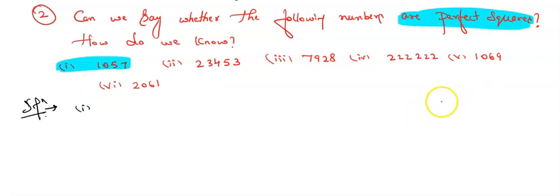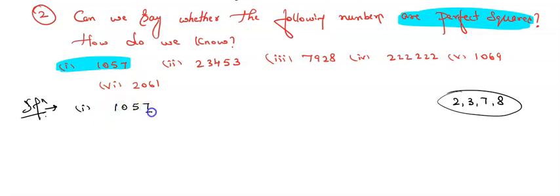Already we have seen that numbers ending with 2, 3, 7 or 8 are not perfect squares. As you can see here, 1057. Here you have to see the last digit. What is the last digit? 7. So it is not a perfect square. As you can write the reason, the last digit,